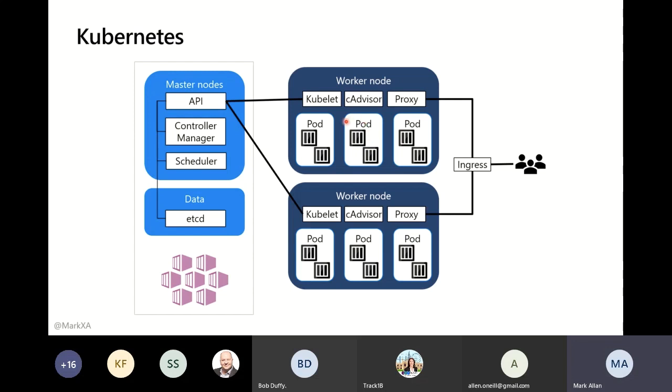Now, the other thing you'll notice here, which we'll come back to later, is a pod can have more than one container in it. Generally speaking, you'll have one container which is your container, but you can also have what are called sidecar containers, which can be injected into pods on request and provide services. For instance, you can inject a reverse proxy so that when a request comes in, it goes through the reverse proxy to your container, and you can then do management and logging of the network traffic and suchlike. If you've heard of service meshes, that's basically what a service mesh is doing.